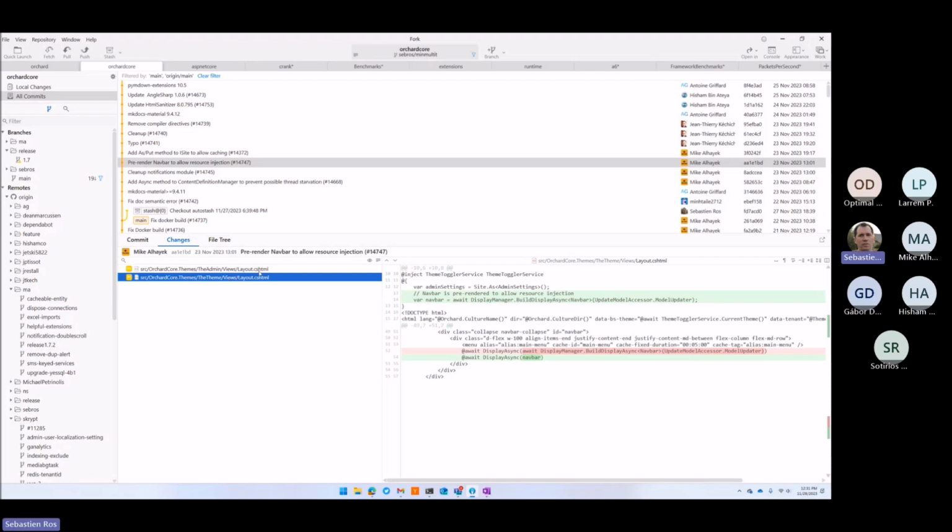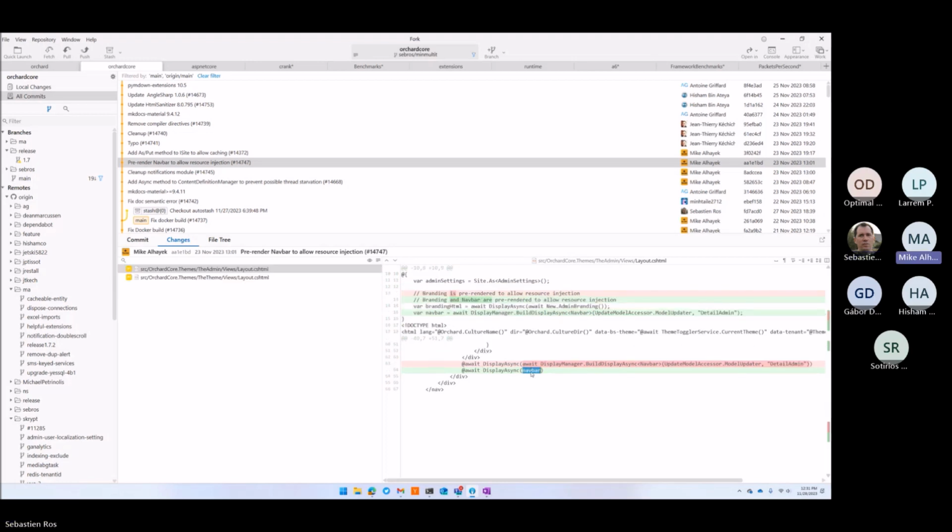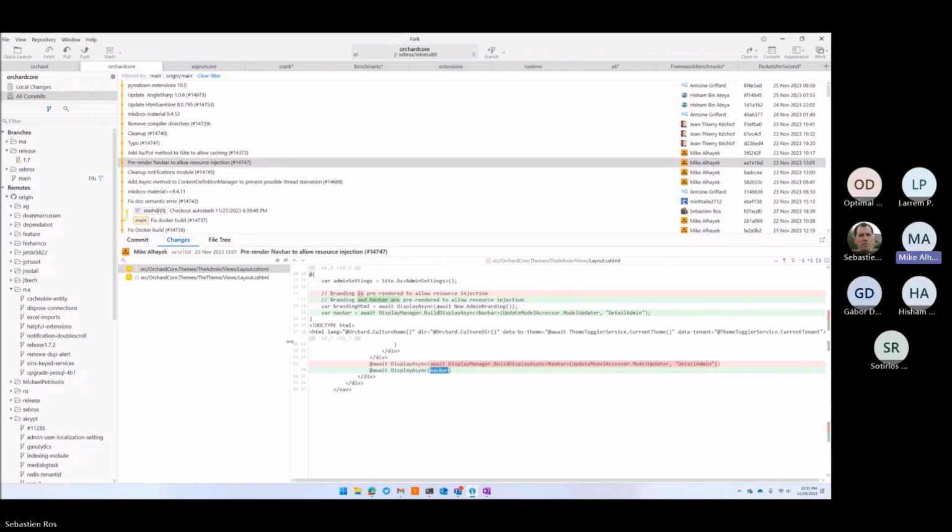So what's the difference here? So okay. Well, there's another PR to actually move the display async call earlier. What happened is, in the menu items, you're able to add resources like, hey, I want some JavaScript or style. So you build the shape early on to allow you to inject into different zones in the same layout prior to rendering.